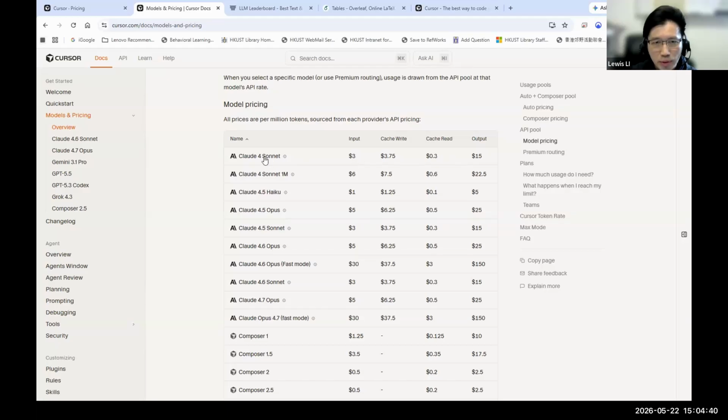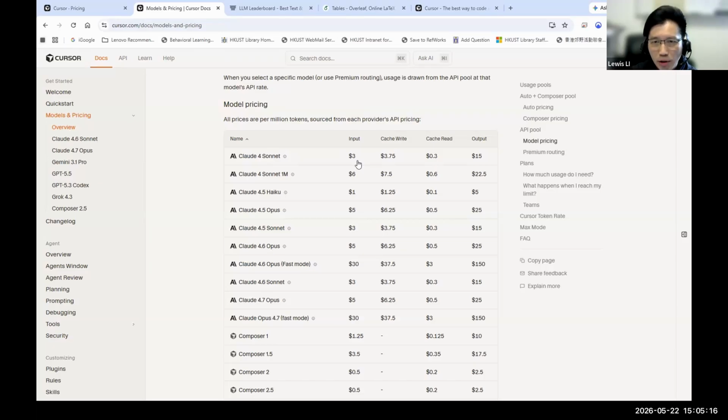So here we have, for example, the top model, the Sonic, which is from Alphabet, which costs you $3 input and $15 output. So what does this mean? Input means the prompt you type, and also some past conversation where you work with the cursor. That means the past history, the past conversation, and the prompt you type in. So this is what we call the input. We'll charge you $3 per 1 million tokens you use.